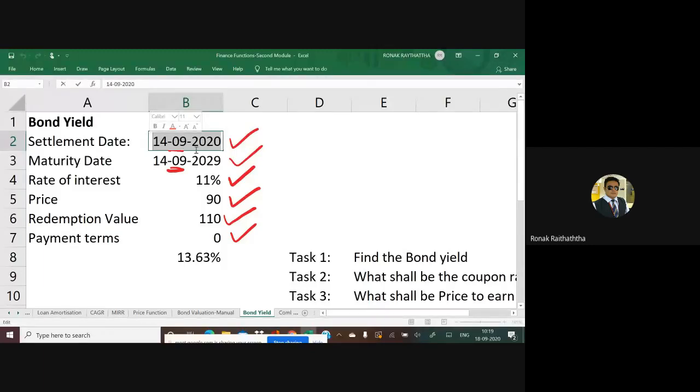14th of September 2020. Please ensure that you are not making any mistake in doing the signs of dash over there. The errors would have occurred because your dates will not be in a date format. We need to ensure that it must be a date format which is recognizable by the Excel, because Excel doesn't know what is date and what is number. We need to tell them that these are the dates. And if you are supposed to tell them, then it must be in a date format.